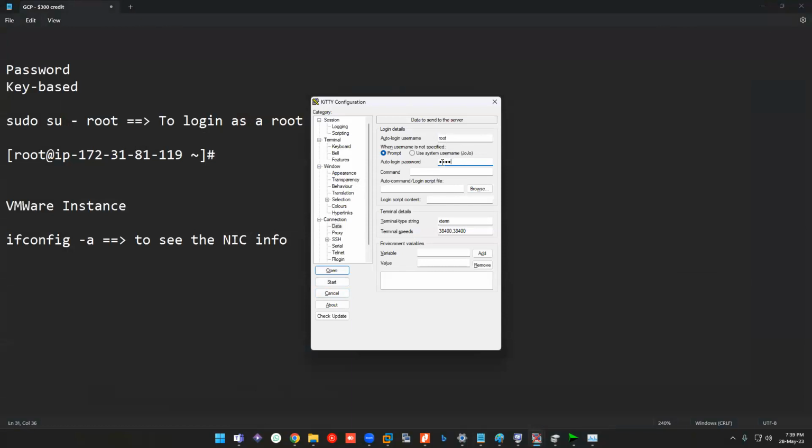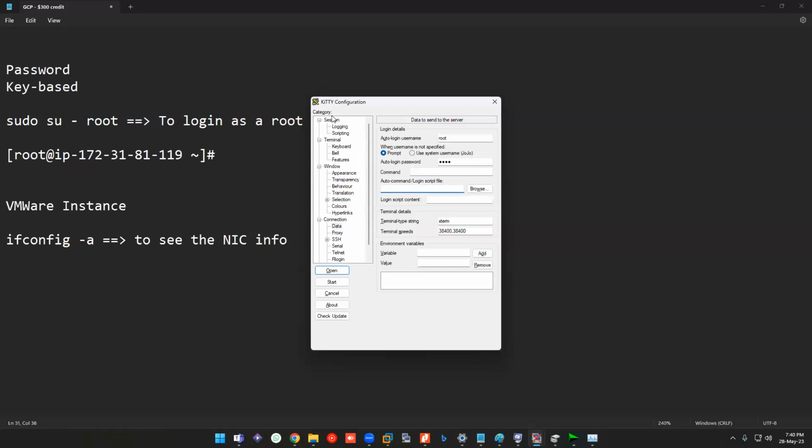Just type root and the password 1234 in my case. You can also bootstrap any command. Let's say you want to run ifconfig every time you start a session, you can type it over here, whatever command you want. These are options not there in your PuTTY. Auto command login script you can also run right away.